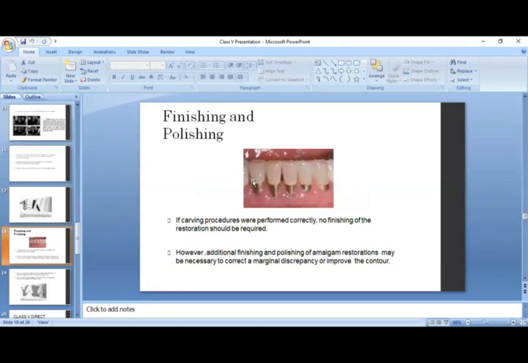See how nicely they carve the restoration. This is, for example, the mesial side, this is the distal side. They start the carving from that area to that area. You can easily see from the clinical picture that none of the restorative material should overhang. Overhang means that it is not over the cavity; it is within the domain of the cavity. See how nicely they do the restoration. So this is basically the finishing and the polishing.